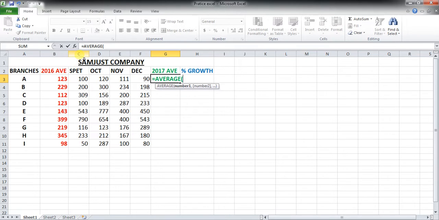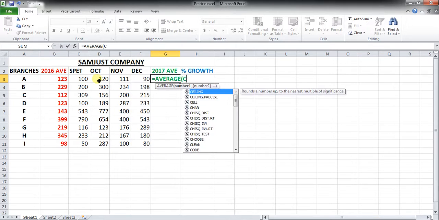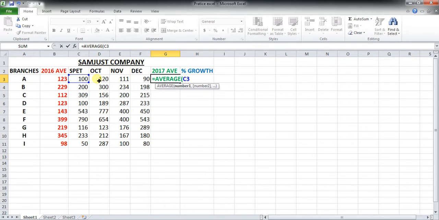Now September is under column C and for branch A is row 3, so you're going to write C3. Then for October is D3,